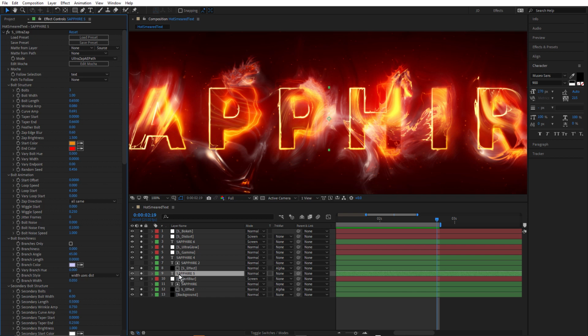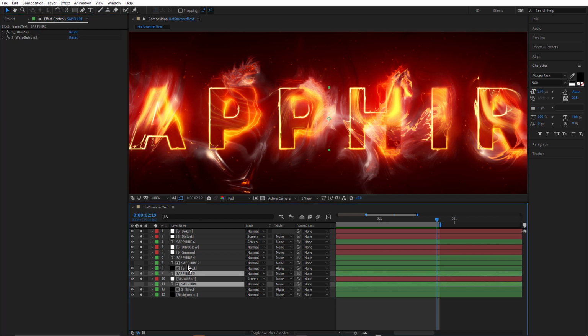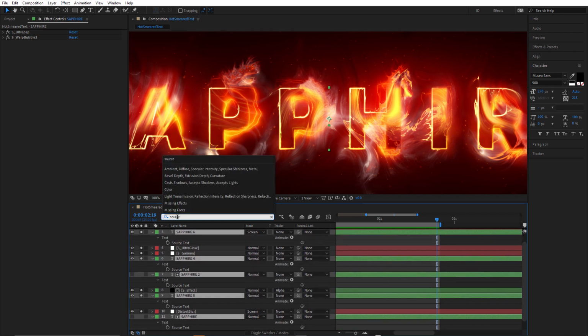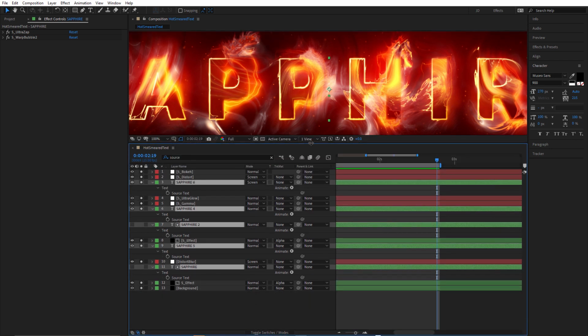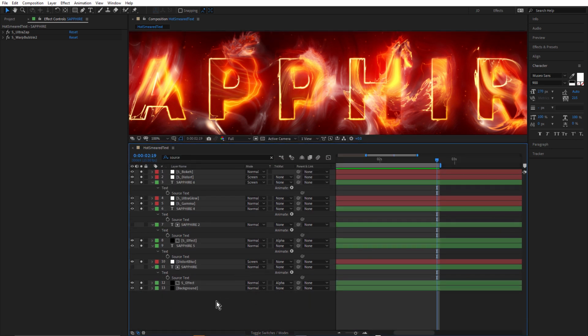Now, one way I can make it easier to change this text is to use a simple expression. If I select all of the text just by control clicking, and this one too, come up to my search bar and type in source. That's going to reveal the source text parameter. And what I want to do is link the source text of the top layers down to this bottom one.